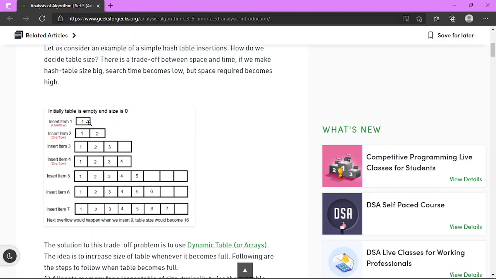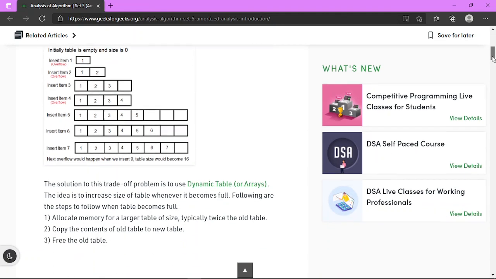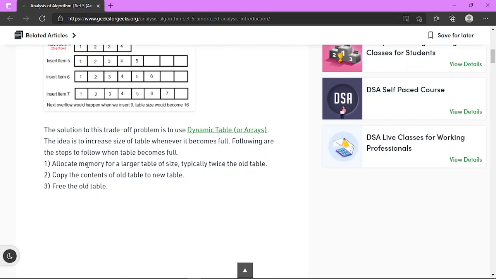So in this case, first we define a table, and I'll show you once again: let's say there is an array, and we insert up to the last size of the array.